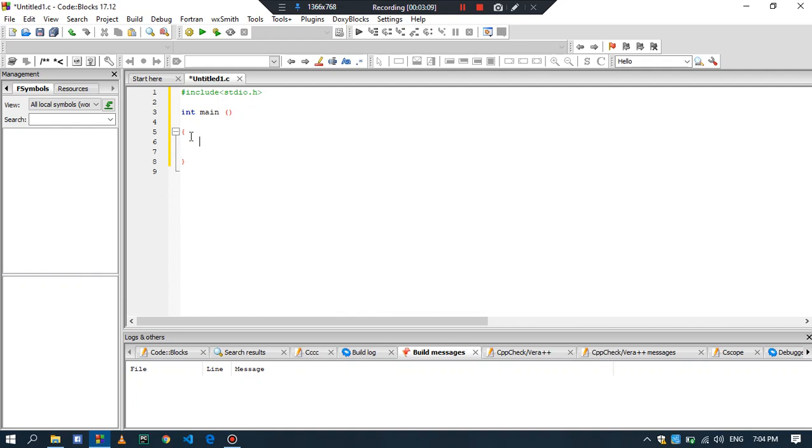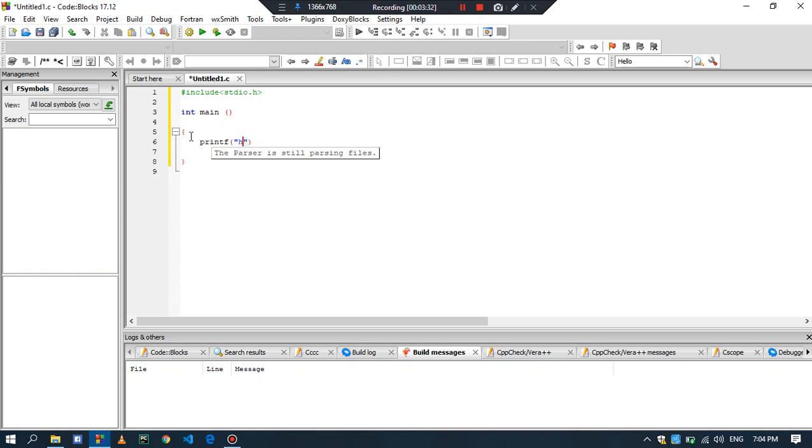So we want to print statements on the output screen. For this we use printf, print f. Then you will have to add a small bracket, then you have to add quotation marks. And what you want written on your screen, you write inside it.